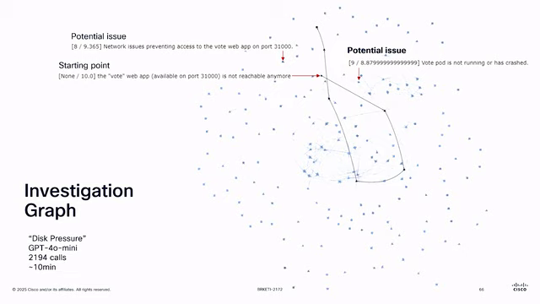Not bad. But it's the LLM that came up with that hypothesis, right? It's not us. Or Kubernetes issues, potential misconfiguration, something going on in Kubernetes land. And the dark line is getting me to the success. So let's follow the dark line.